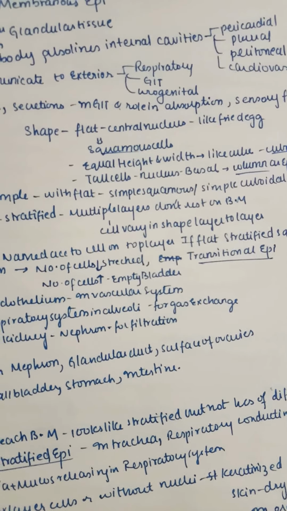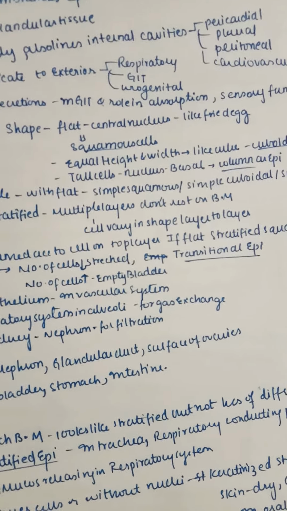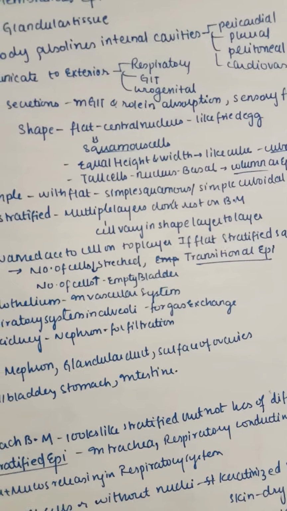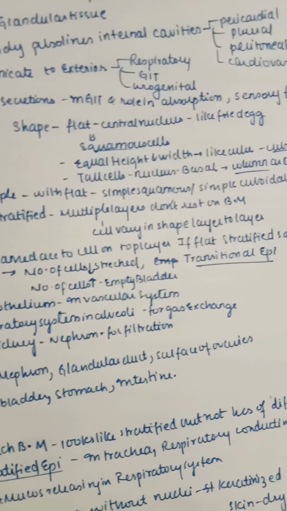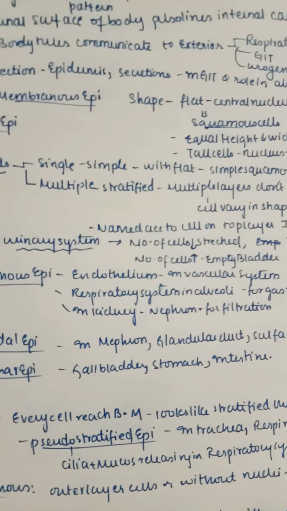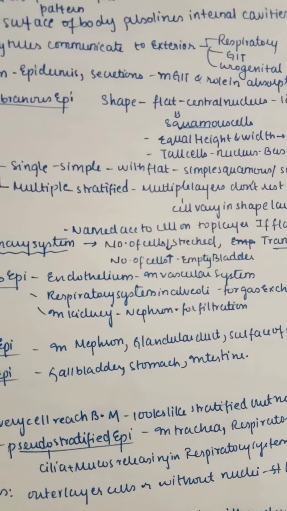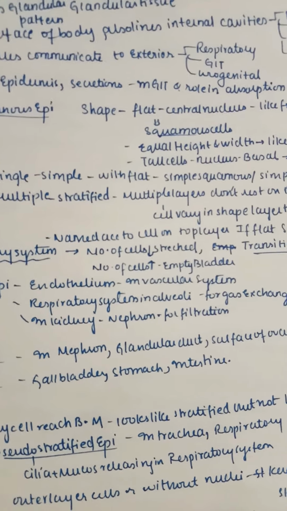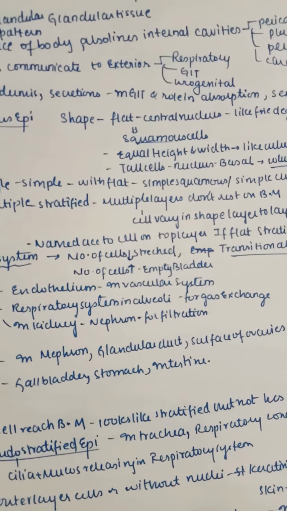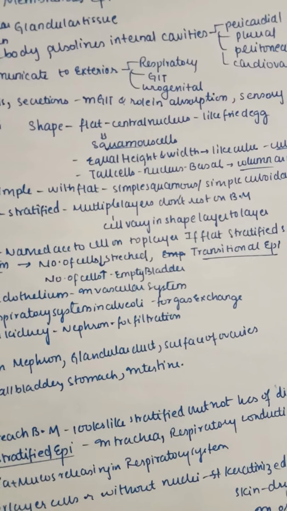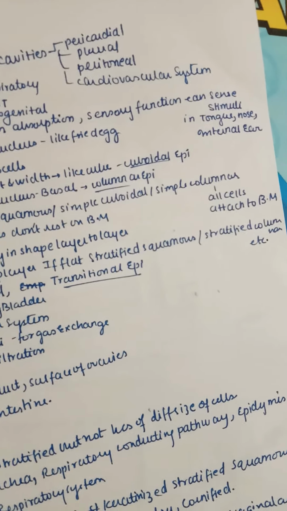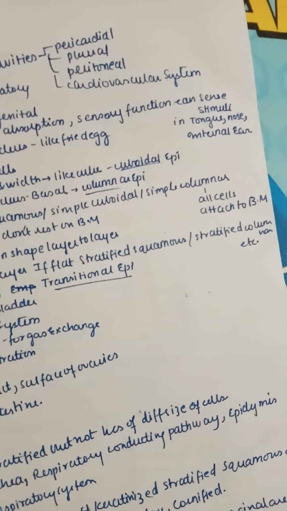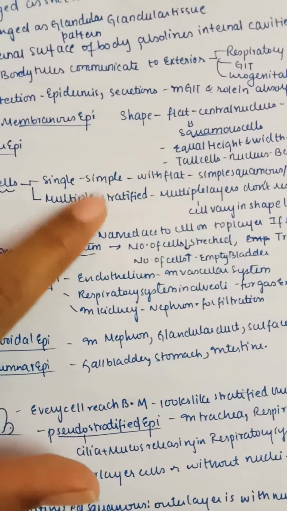So this is simple, right? Simple epithelium only has one layer, so we can observe the cells accordingly. If the cells are tall and the nucleus is mainly at the base, then we can confirm it as columnar epithelium. So if the layer of epithelial cells is single, we know it is simple: simple squamous, simple cuboidal, and simple columnar cells. Remember that in simple epithelium, all cells are attached to the basement membrane.